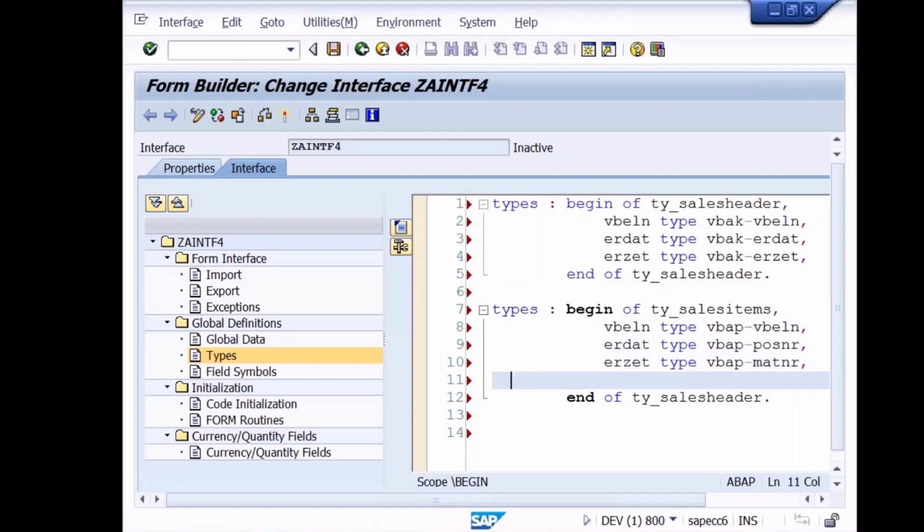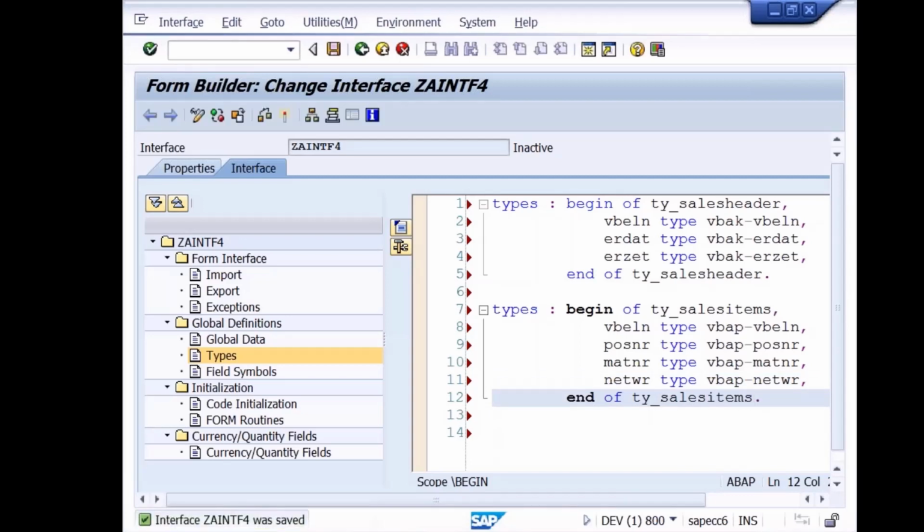VBAP. POSNR, this is material number. And the next one, NETWR type VBAP-NETWR, and here I'll say end of ty underscore sales items. So I created two types declarations. No errors so far. Is it clear?